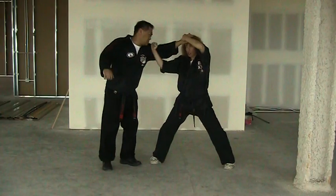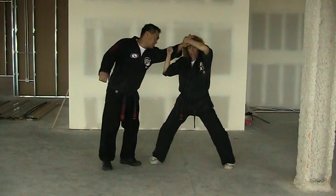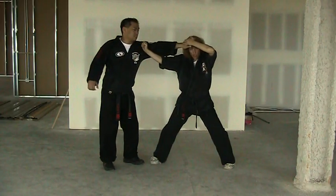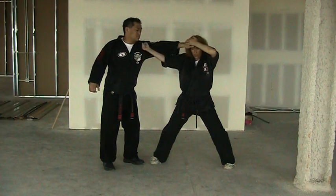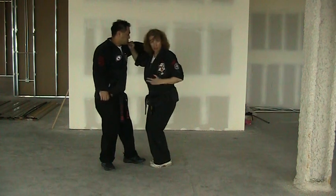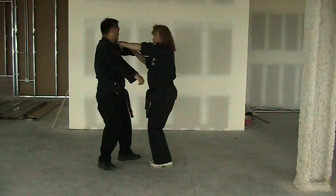So we're going to use the contouring here. At the same time, we're going to frictional pull here, and we're going to pull him into the next strike. That whole idea is to pull him closer to us. So at the same time, we're going to do that. We're going to pull him, and we're going to step up to what's called a united stance, knees bent, feet more or less together. And you're going to pull this way at the same time that you strike here, to